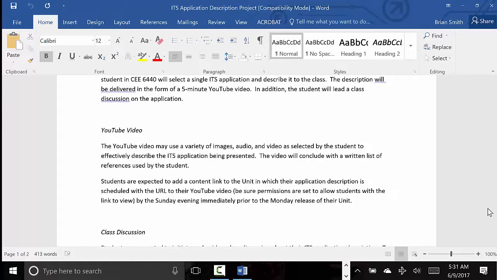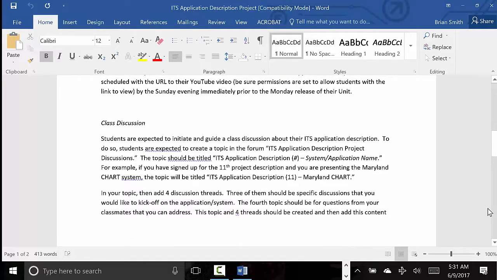And we'll talk about that here in a second. But basically, you will be responsible for creating the video and posting it to the unit so it's available to all the students. In addition to this, I want you to lead a discussion through the forum on your particular application. So there is a forum entitled Itx Application Description Project Discussions,